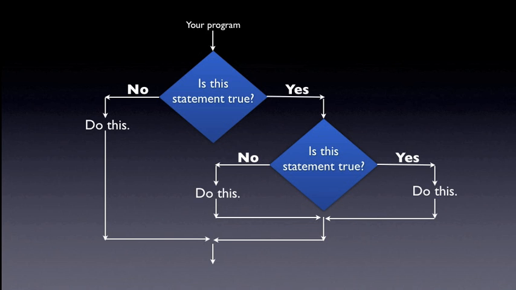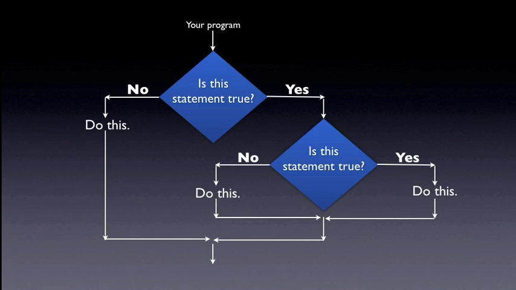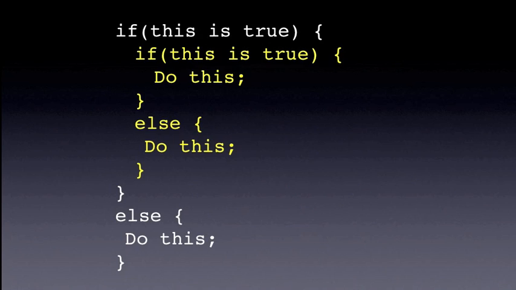So this idea of breaking a problem down into multiple decisions and then putting them together in a way that by the time we get to the end of that chain of decisions produces the output we want is definitely possible. Here's what that looks like in code. Notice the yellow code in this case represents the innermost decision on this slide. So in other words, the second blue diamond that's inside of the yes branch is represented by the yellow code in this slide. So you can actually see where the nested if statement exists and where the outer if statement